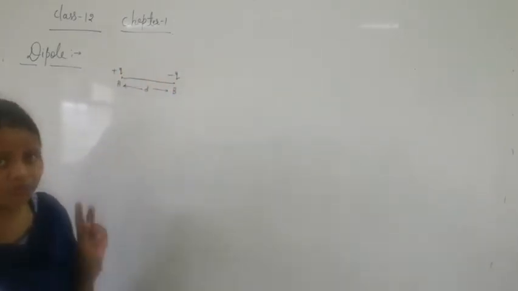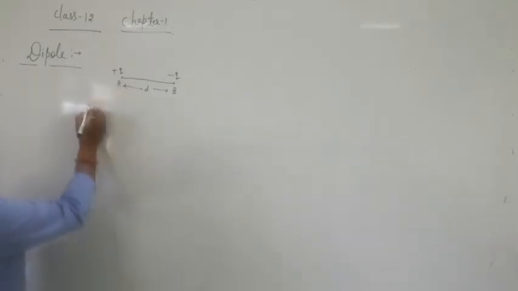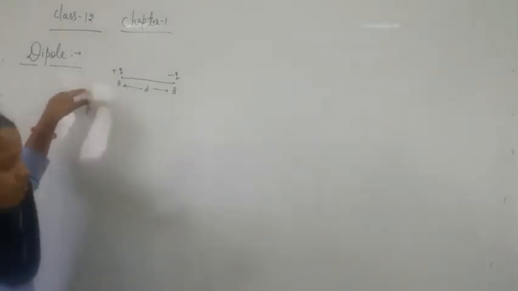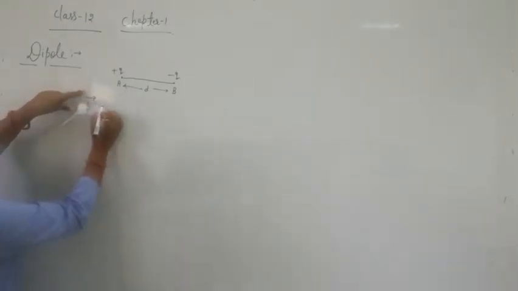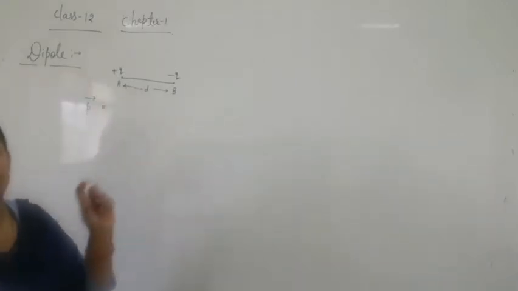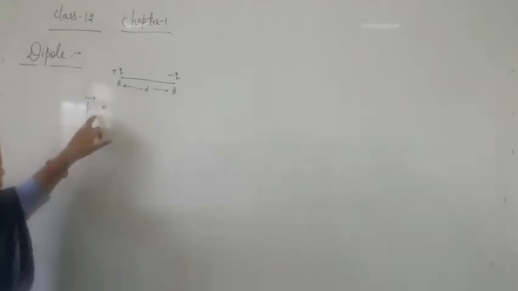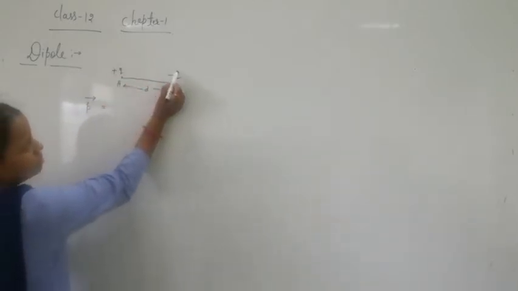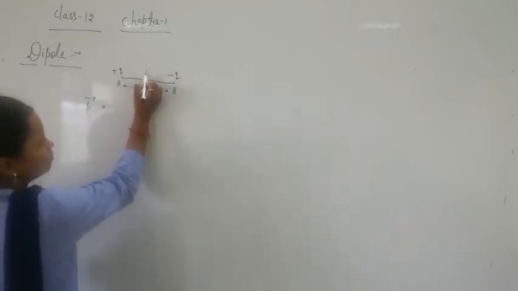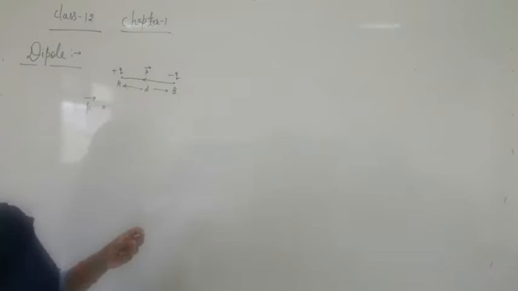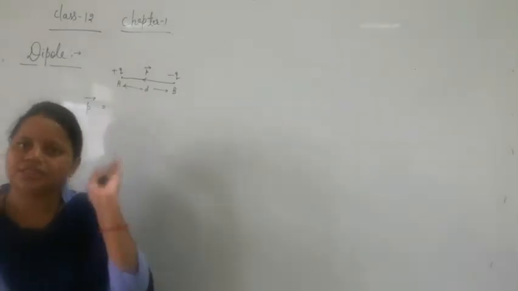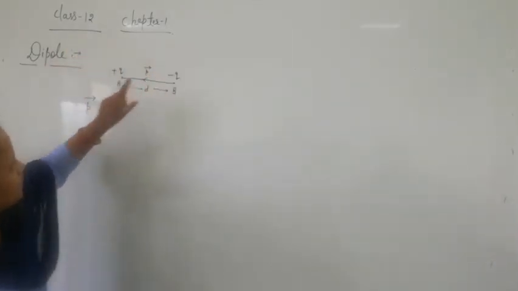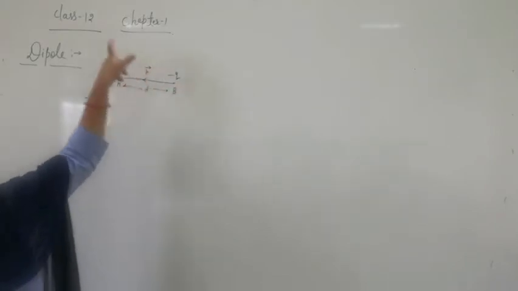Then dipole moment, another factor, comes in. Dipole moment is represented by the P vector. Dipole moment is a vector quantity having a particular direction. What is the direction of the dipole moment? Dipole moment is directed from negative to positive. It is just opposite to the direction of current. Current flows from the positive to the negative terminal, but the dipole moment is directed from negative to positive